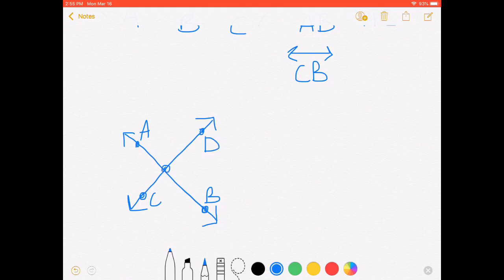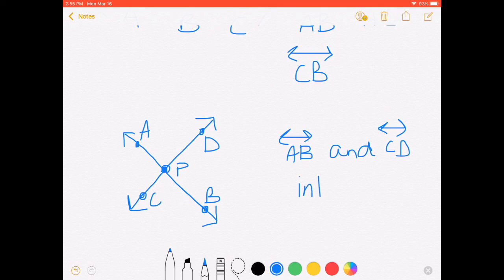They are crossing over right here at point P. So we would say that line AB and line CD intersect at point